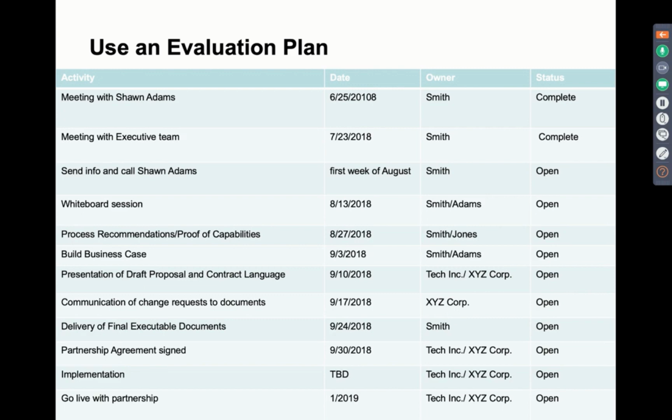I'm not holding you to this as a contract, but this would be our project plan moving forward. And you get their agreement and their buy-in. And then you can use this evaluation plan throughout the remainder of the sales process. One way that you might do that is when you check back in with a prospect and you say, well,